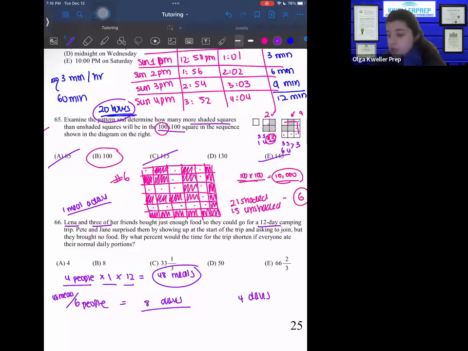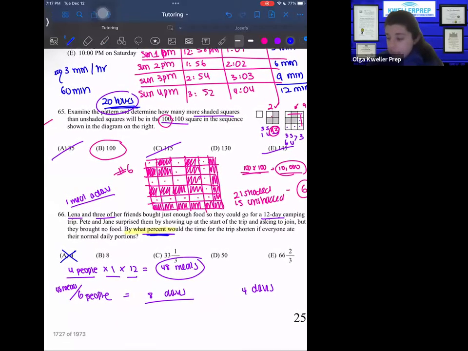And now the question is by what percent, right? So don't get tricked. Don't pick four. Oftentimes I notice that they put the trick answer as choice A, because once you get to this point, you're like, four, I solved it. You look right at choice A, it's right there, you pick it, you move on. So always just try to glance back at the question before you pick your final answer. They want a percent. By what percent shorter would it be? Well, it's 8 days instead of 12 days, right? So it's